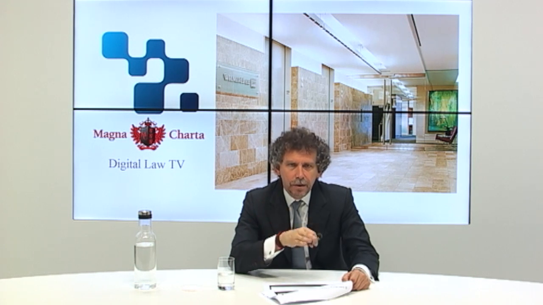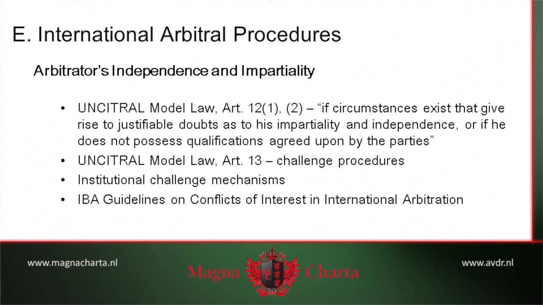In principle, the arbitrators are required to be independent and impartial of the parties. That means all the arbitrators. That means party-nominated arbitrators, so-called co-arbitrators, sole arbitrators, and the presiding arbitrator. They're all required to be independent and impartial. The UNCITRAL Model Law and most national arbitration legislation also provide a challenge mechanism by which this obligation is enforced. If an arbitrator violates her or his obligations of impartiality, there can be a challenge and a removal either by the arbitral institution, if it's an institutional arbitration, or a national court, if it is an ad hoc arbitration.